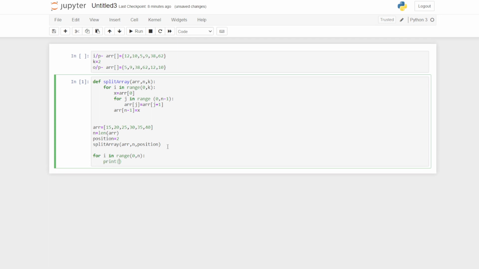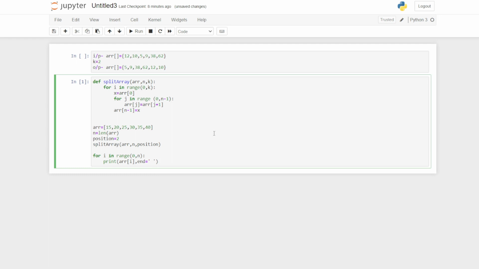And then the print statement, print array of i, comma, end is equal to a space. This end is only so that the elements are written next to each other, not on a new line every time. So let us run this code now.